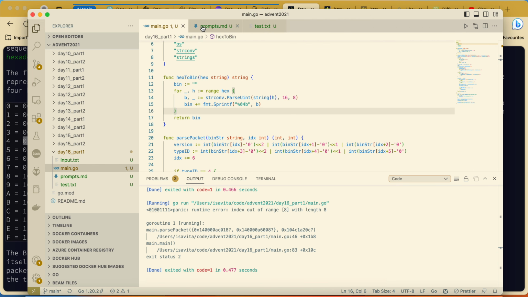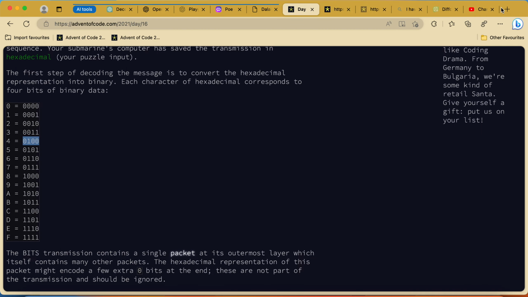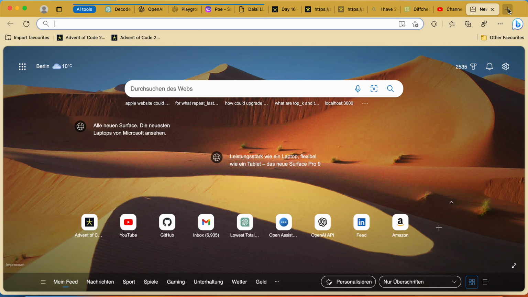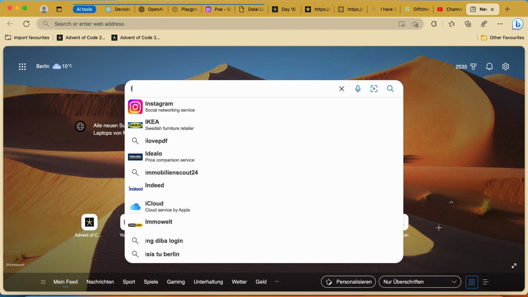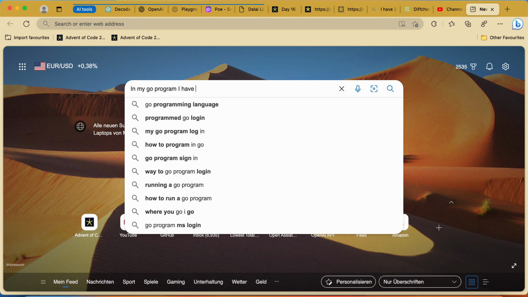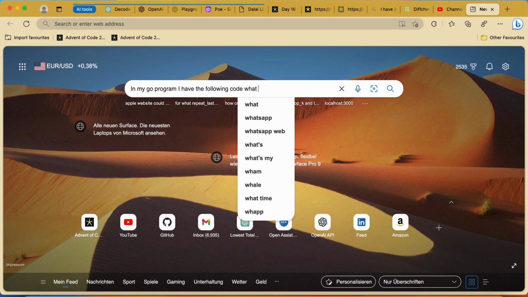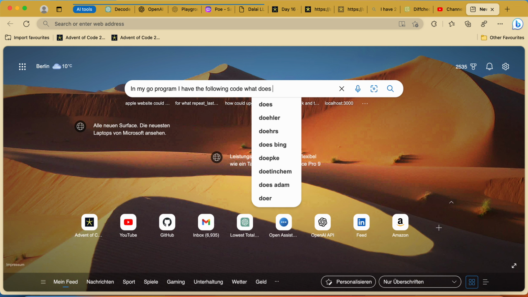Let me close previous tabs. Here we have the base 16. We're saying okay, we're working with 8 bits, and here we have this. Let's ask Bing to simply explain to us what this does. In my Go program, I have the following code. What does it do?